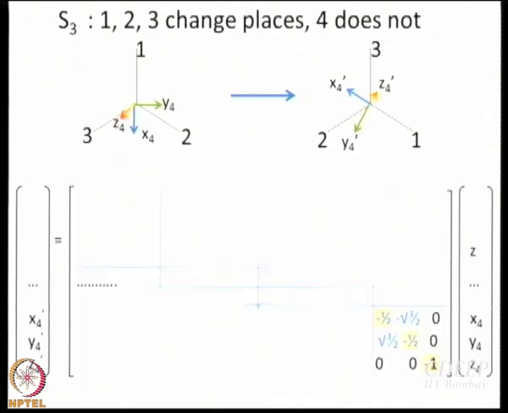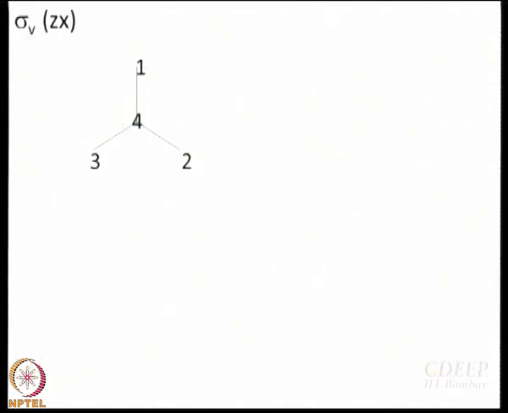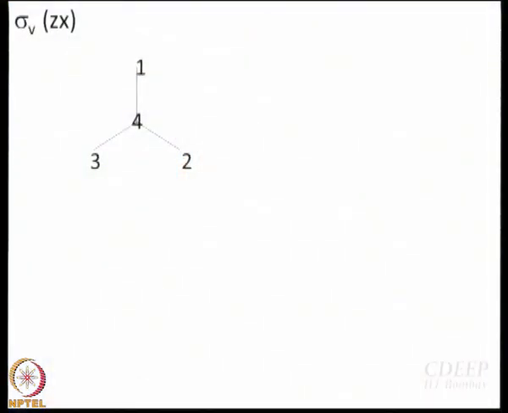So, I can write now. What is the character? Chi S3 is minus 2. See, we have worked out everything almost. Now, Zx. What is Zx? What kind of plane is this? How will you write that kind of plane? What is it called? Dihedral plane, because it also bisects the angle between the C2 axes that are perpendicular to the principal axis of symmetry.